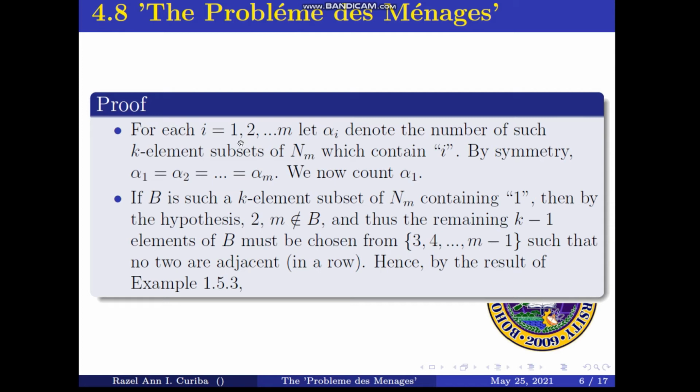For each i equal to 1, 2, up to m, let alpha_i denote the number of such k-element subsets of N_m which contain i. By symmetry, alpha_1 is equal to alpha_2 is equal to up to alpha_m. We now count alpha_1. If B is such a k-element subset of N_m containing 1, then by the hypothesis 2 and m are not elements of B, and thus the remaining k minus 1 elements of B must be chosen from 3, 4, up to m minus 1, such that no two are adjacent in a row. So hence, by the result of example 1.5.3,